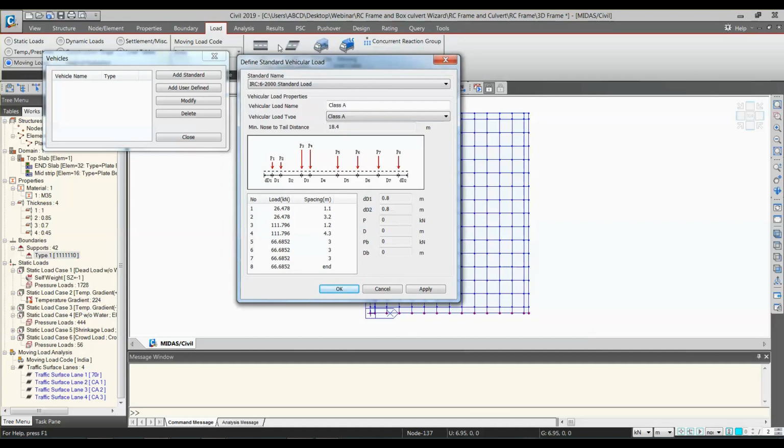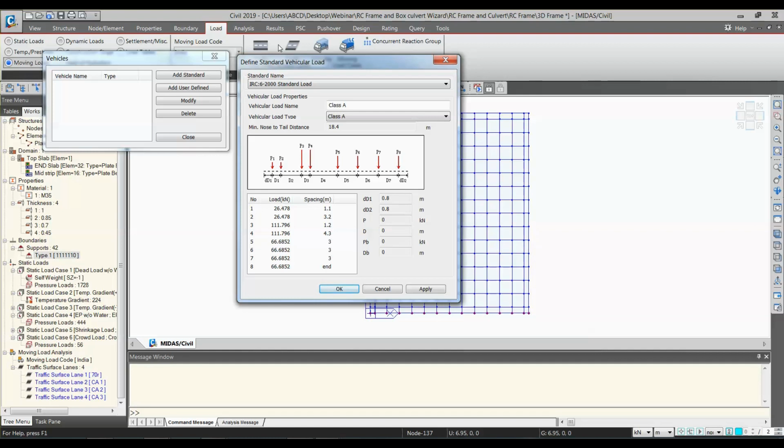Now if you are dealing with the railway loads, the procedure will be the same. The lane definition would be the same, but the eccentricity would depend on your rails position and not the wheel distances as per the IRC loading.